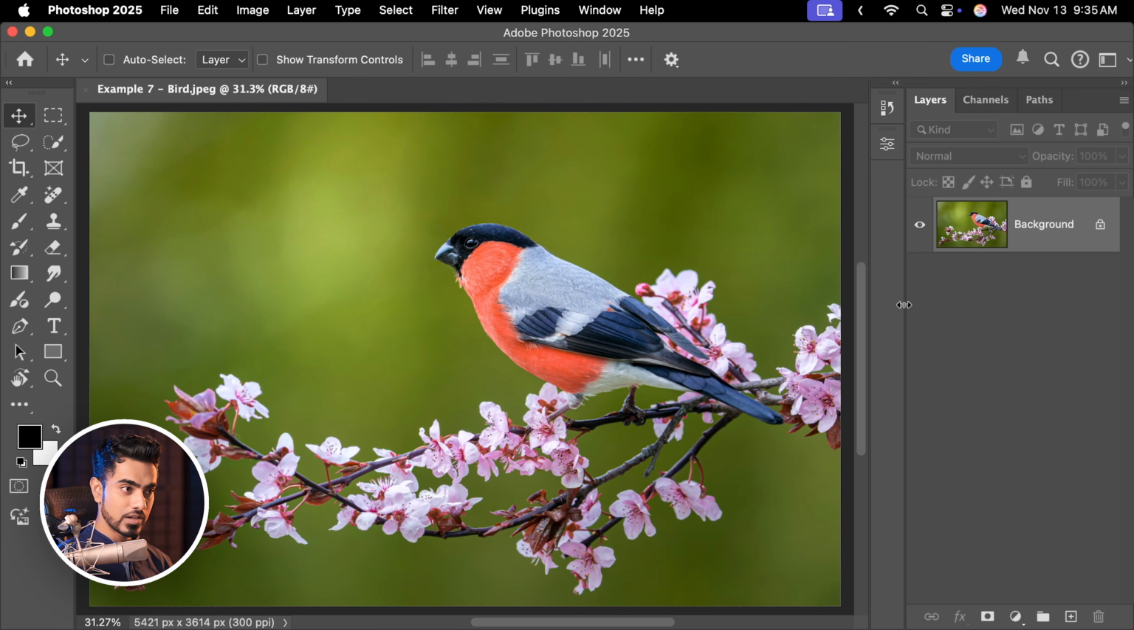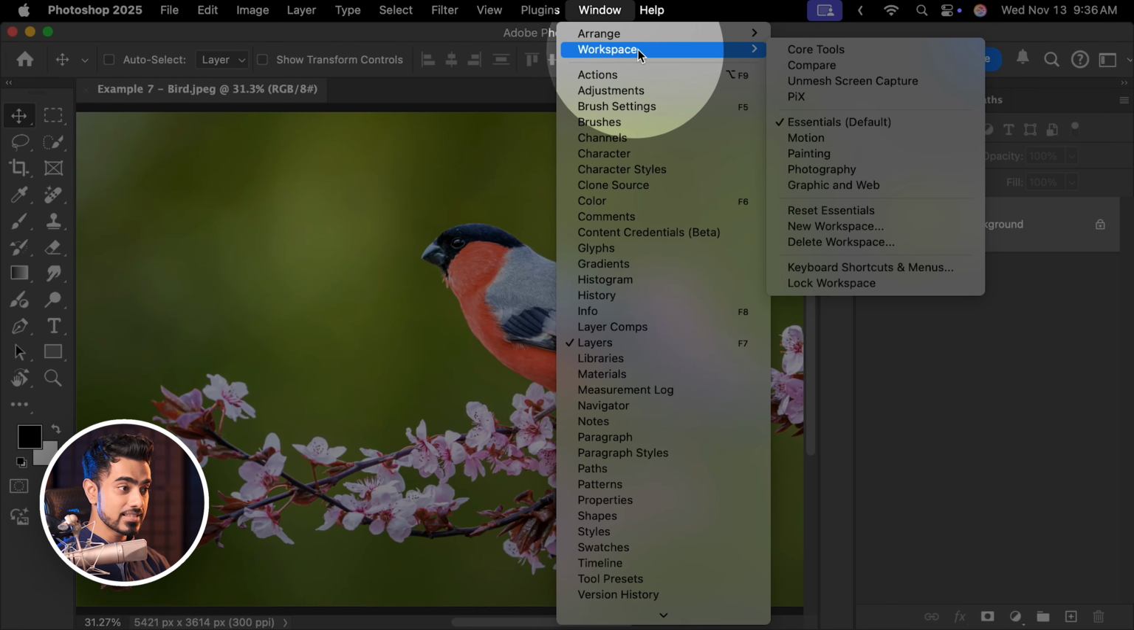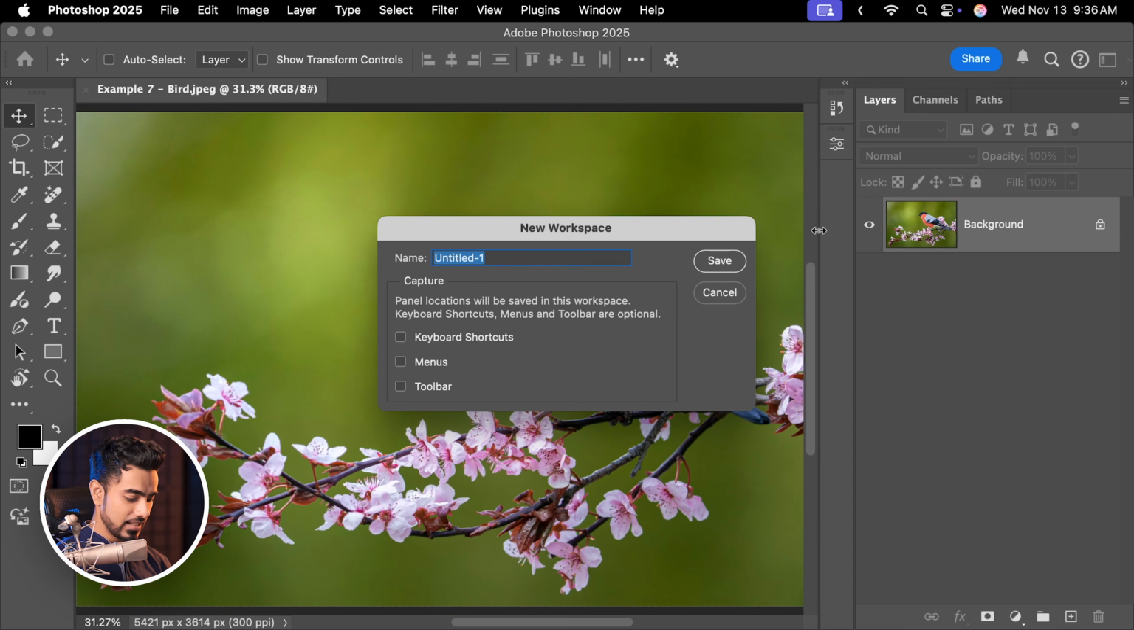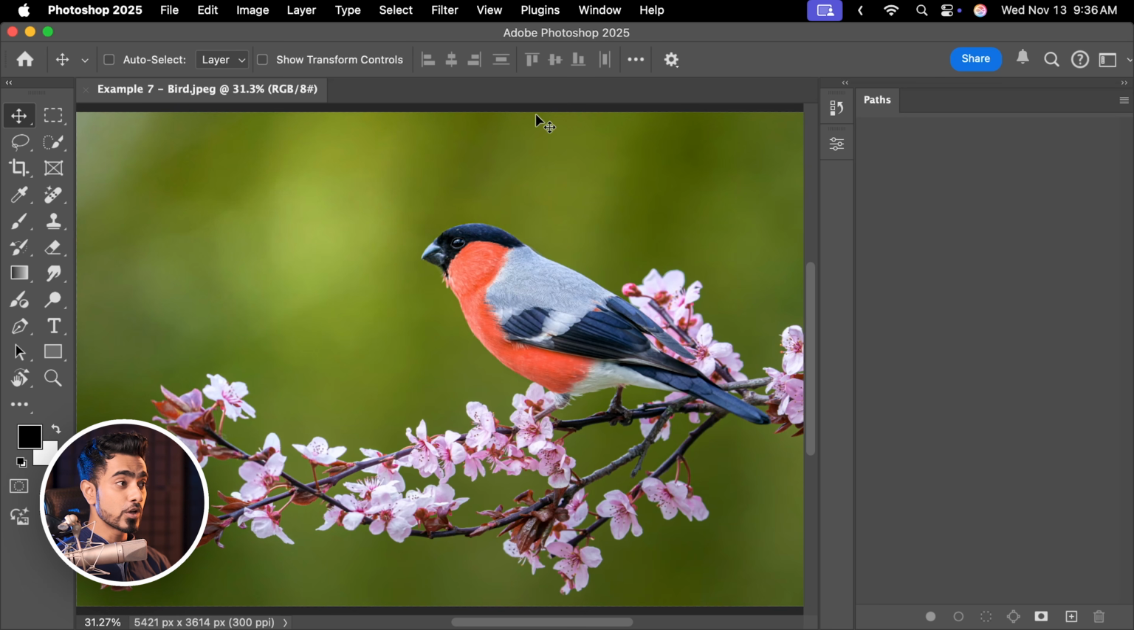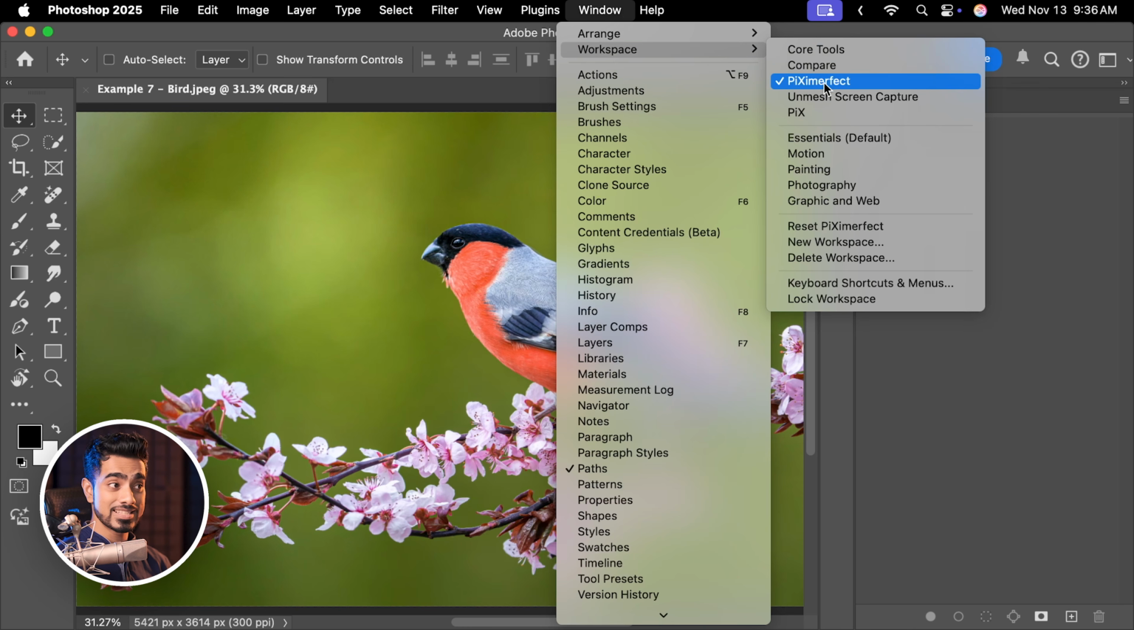And you can adjust it to your liking, like so. Now to save this workspace, go to Window, Workspace, and then New Workspace. Let's name this PiXimperfect. You can continue to save the menus, keyboard shortcuts, and all of that, and click on Save. And now whenever you have moved things around, closed things, you can always go to Window, Workspace, and select